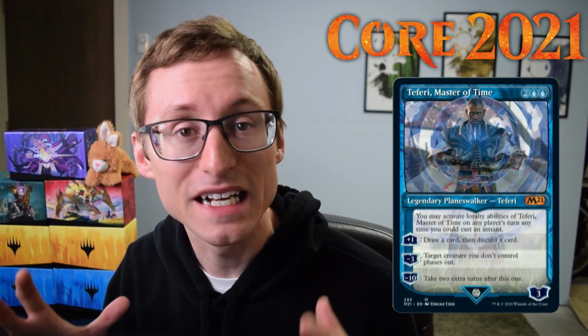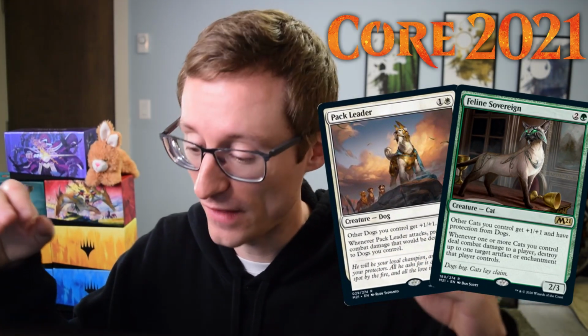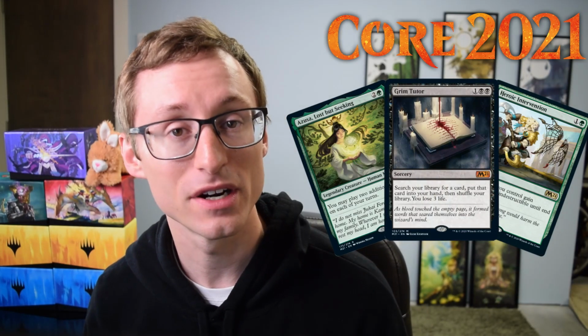It is core set Teferi time with 9 different art versions of the man himself. What? Either way, there is a ton to be excited for in this set. There's this kind of adorable cat versus dog thing going on. Wizards put a ton of great and valuable reprints in the set, and it looks like a pretty strong limited